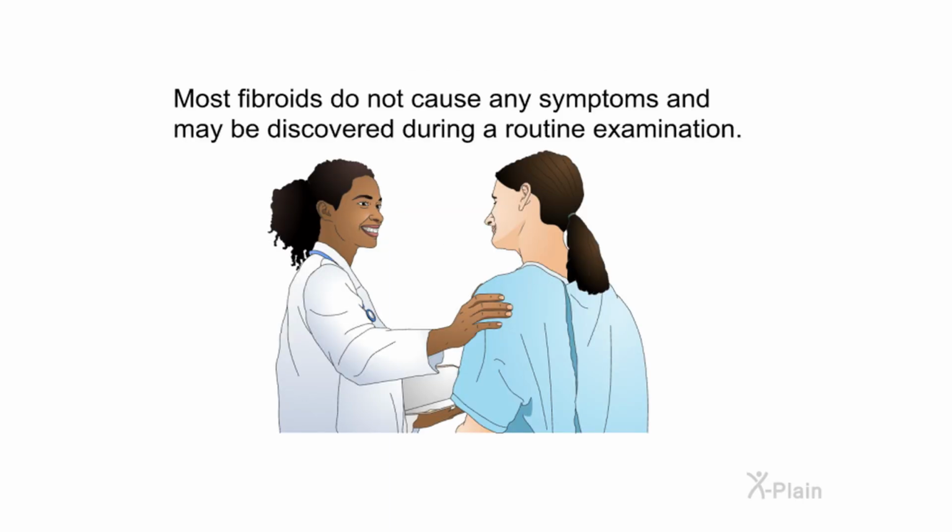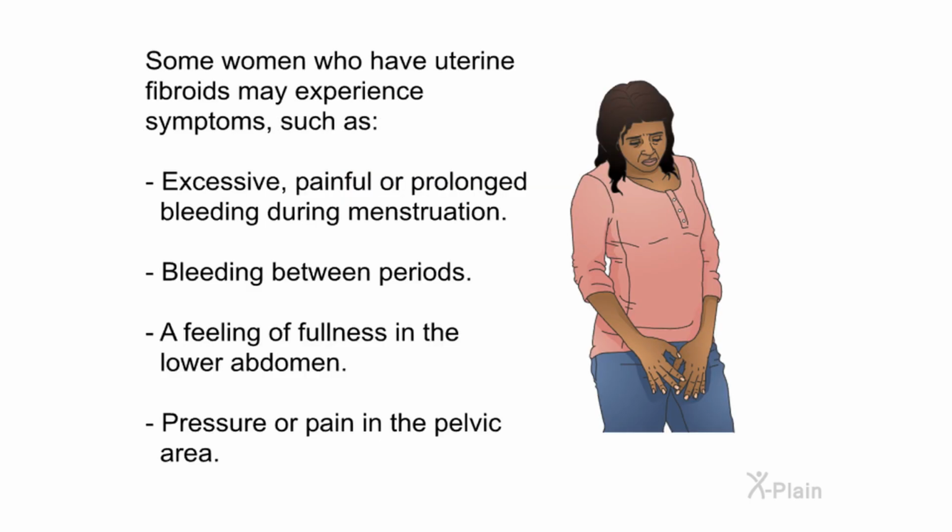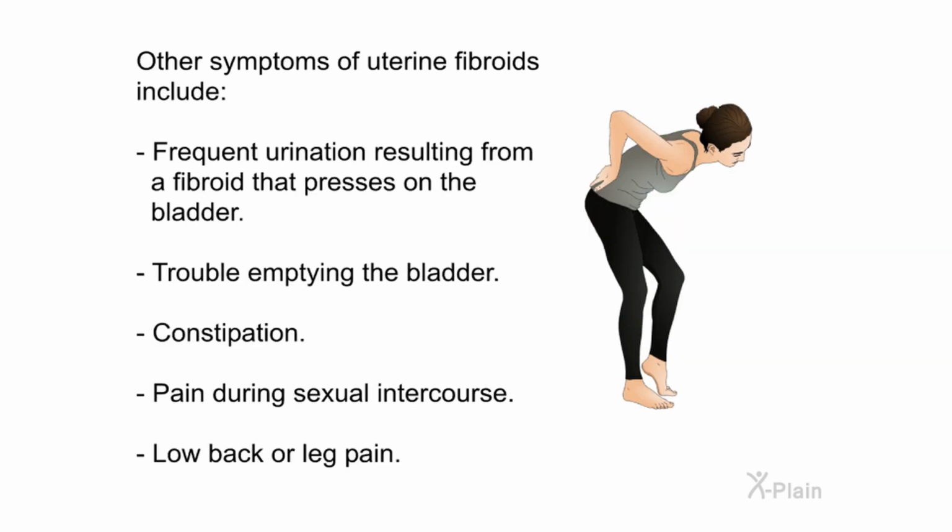Symptoms. Most fibroids do not cause any symptoms and may be discovered during a routine examination. Some women who have uterine fibroids may experience symptoms such as excessive, painful, or prolonged bleeding during menstruation, bleeding between periods, a feeling of fullness in the lower abdomen, pressure or pain in the pelvic area,